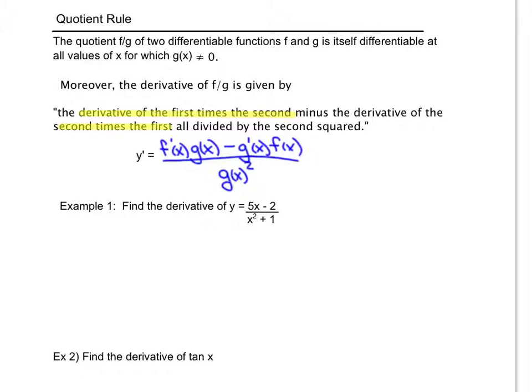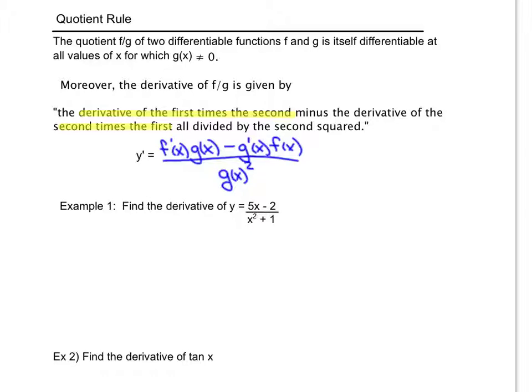Now that we've learned the product rule, we're going to learn the quotient rule. The product rule we use when we're taking the derivative of two functions that are being multiplied together. The quotient rule we use when we're taking the derivative of two functions that are being divided. As long as the two functions are differentiable, then their